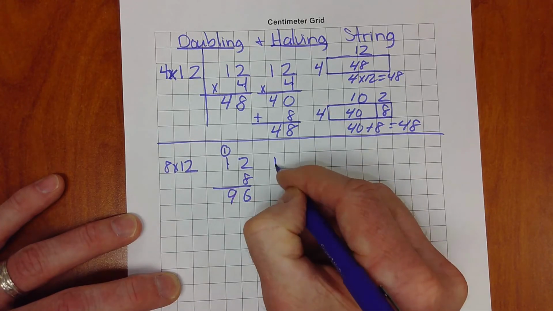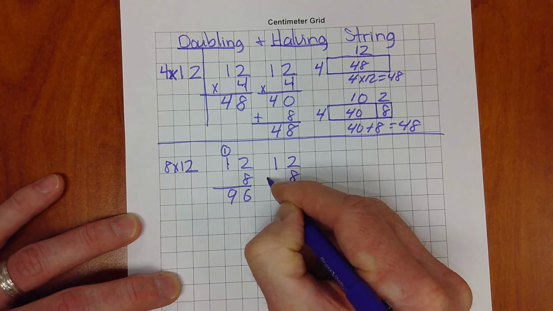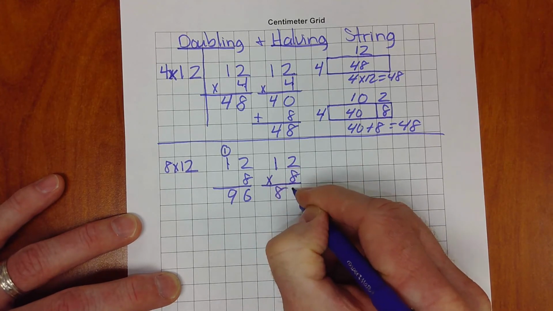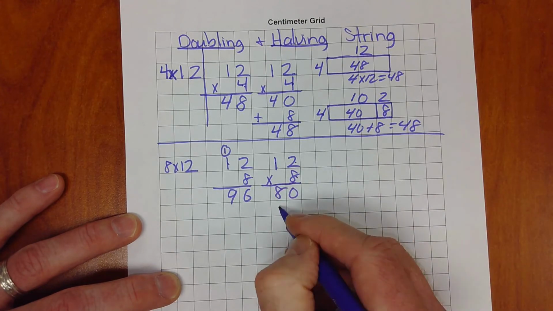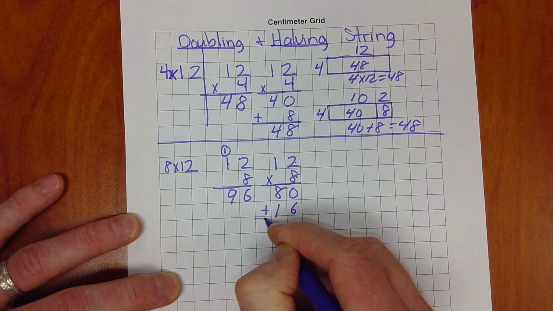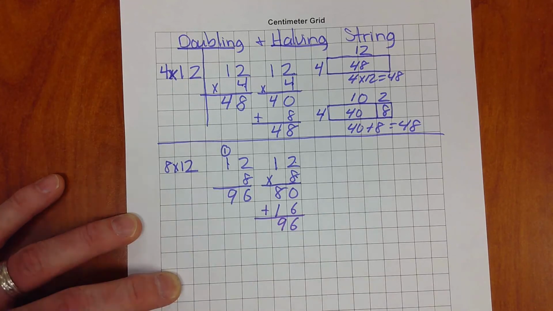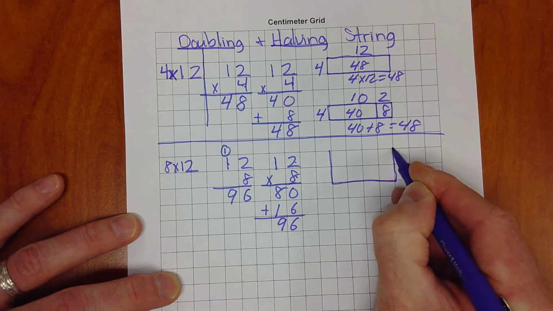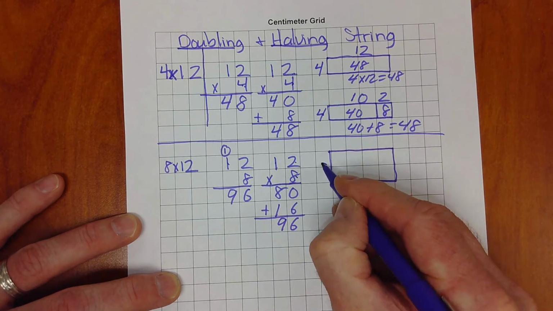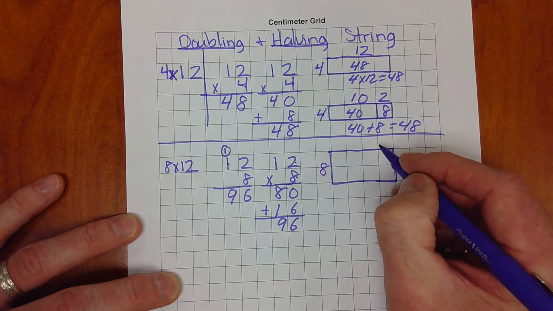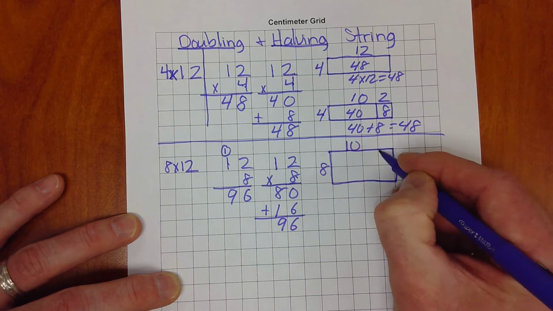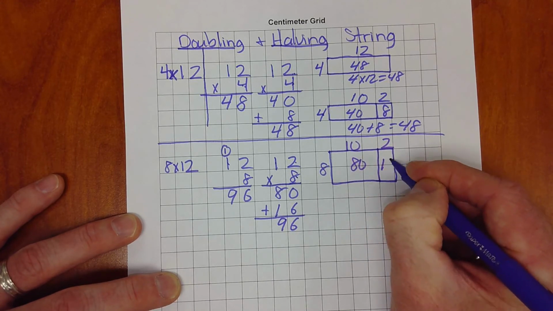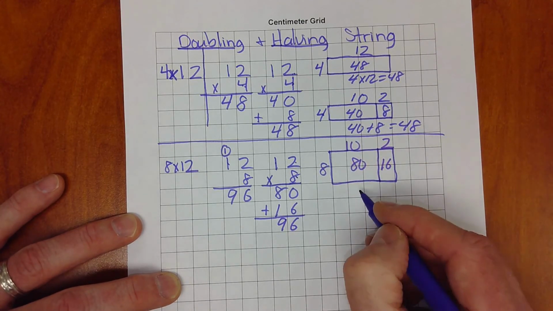Those of you that use partial products, still a great algorithm. 8 times 10 is 80. Multiply the 1s to get 8 times 2, which is 16. Add our partial products to get 96. And if we show it on an array, with partial products, we have 8 times 10 and 8 times 2. And we get 80 and 16. Combine the two answers,